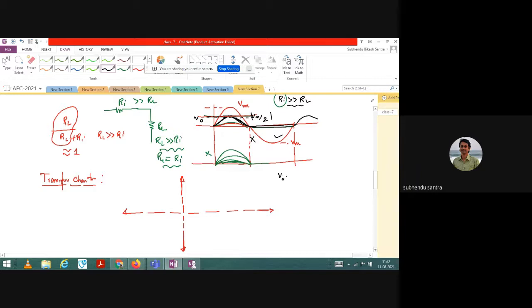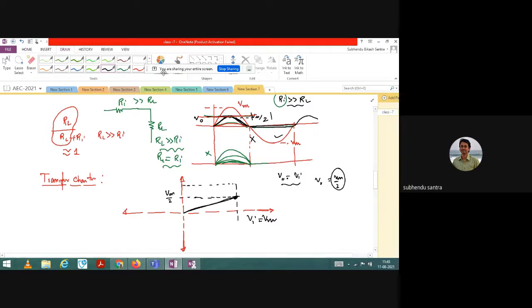So V0 equal to Vi, you already know this thing, y equal to mx. But unfortunately, here V0 equal to Vm by 2. You are getting 50%. The sinusoidal input Vi is changing up to Vm, but the output voltage will not go to Vm. It will go to Vm by 2. So it will follow a straight line, but the magnitude will go up to Vm by 2.